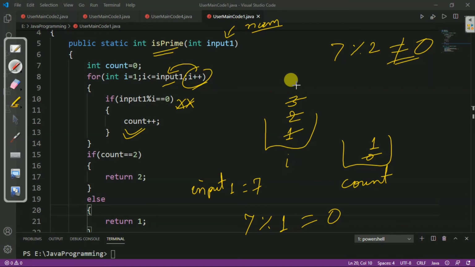Now i becomes 4, and we will again check the condition: 4 is less than or equal to 7, the condition is true. We will again enter into the loop and check the condition if input1 modulus i equal to 0, and here 7 modulus 4 is not equal to 0, so this condition will again be false, and we will again increment the i value.